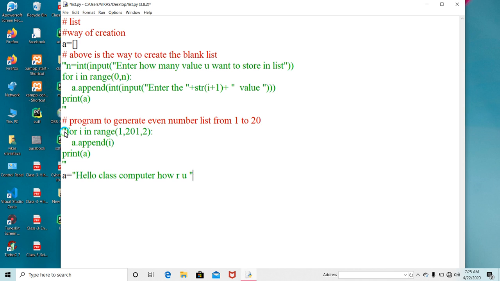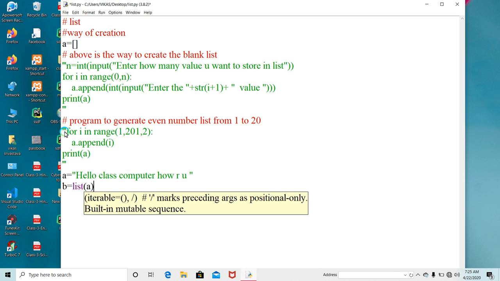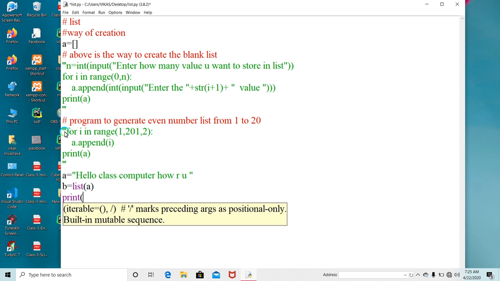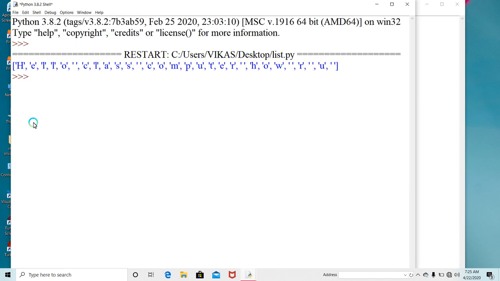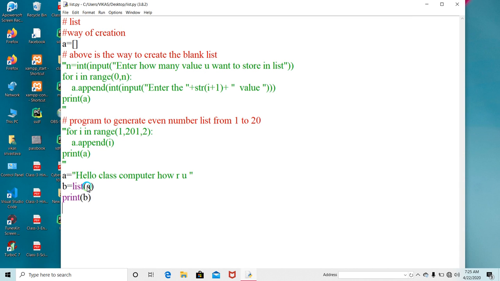And I want to store it in the form of a list, so b is equal to list(a), and then print b. So look here, all the string values came here in the form of a list. So this is also a way, and that is called creation of a list from the existence of another variable. So these are the ways of creating a list.